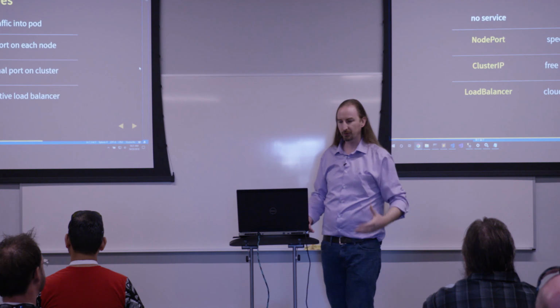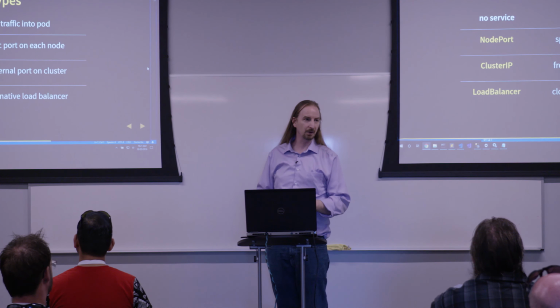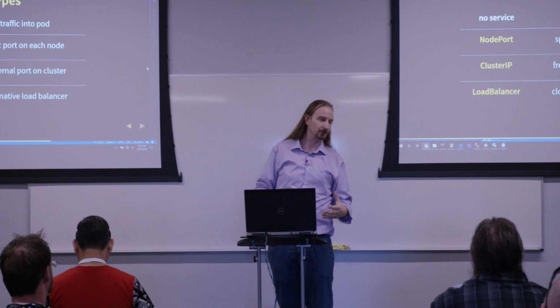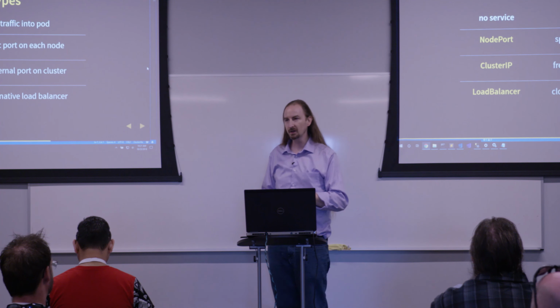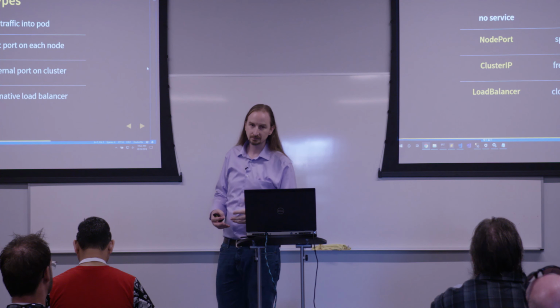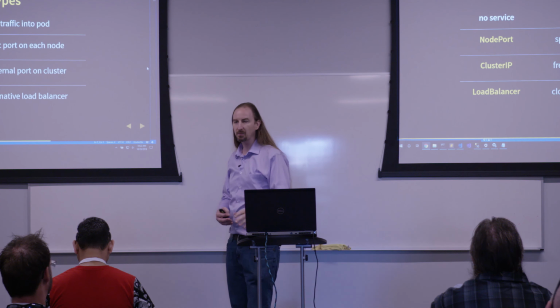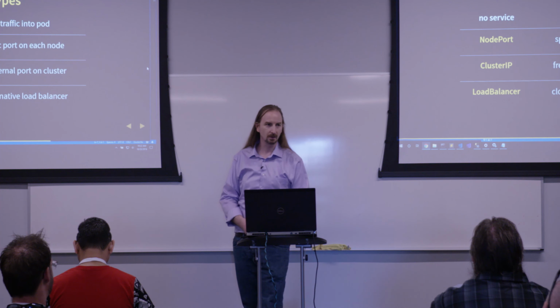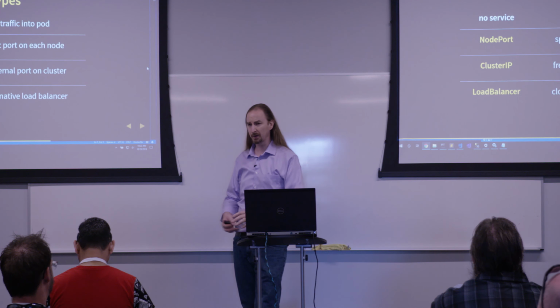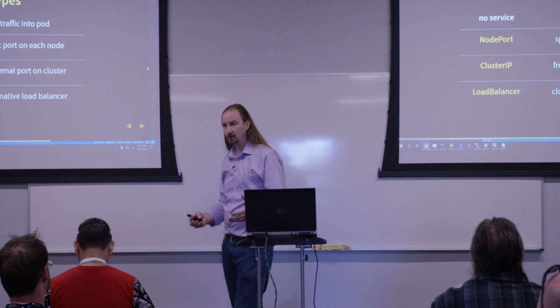Services can be one of three types. We have cluster IP. A superset of cluster IP is node port, and a superset of node port is load balancer. Cluster IP gives me one IP address on the cluster. So I go to the cluster's IP, I go to that port number, and that'll route me to all of the pods. It'll do a round robin across all the pods. Cluster IP, one IP per cluster.